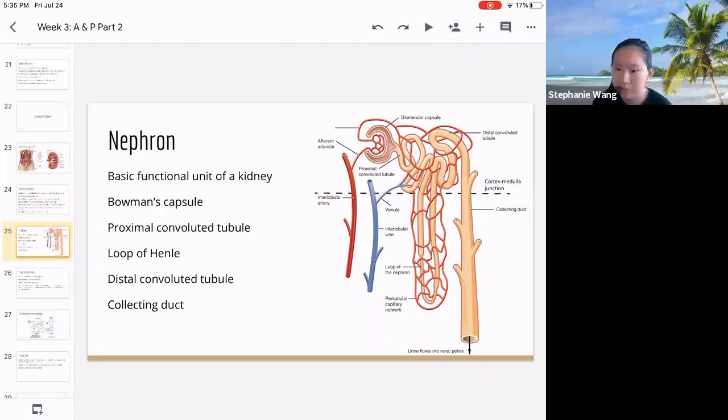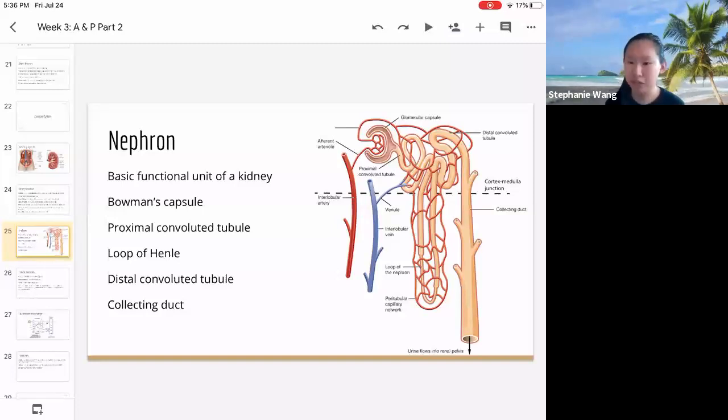Okay, Lucas asked more about nephrons. Oh, actually, I'm going to answer Max's question first, since it's easier to answer. Proximal convoluted tubule, the abbreviation is PCT. The distal convoluted tubule, the abbreviation is DCT. So pretty self-explanatory. Okay, Lucas, I will explain just an overview again.